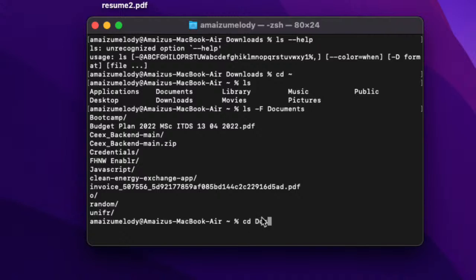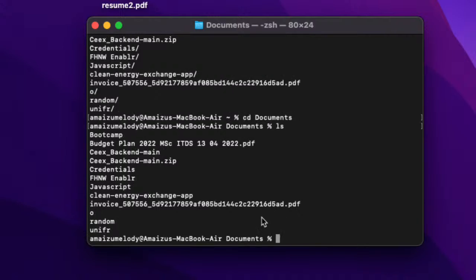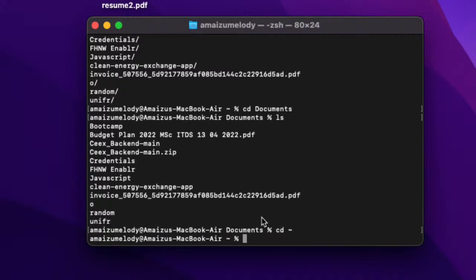So I have to go into documents first, then do ls and I'll sort inside documents. But now this is telling you that if I'm also in my home directory, I can just do something like this. ls, let's say you're looking for a file, you're not sure where that file is. So rather than opening the documents directory, I can just, from the directory before the documents directory, or the directory you want to go into, I can just do this, ls, then